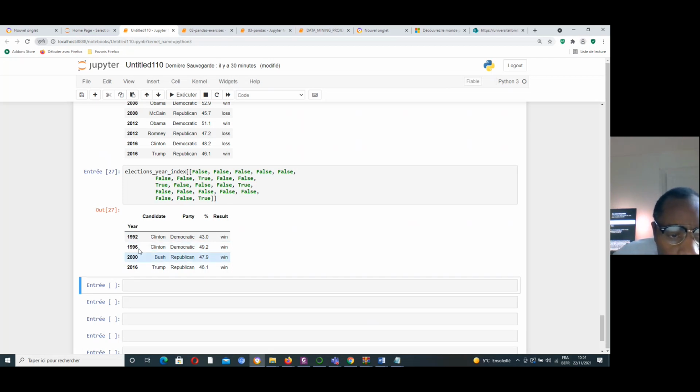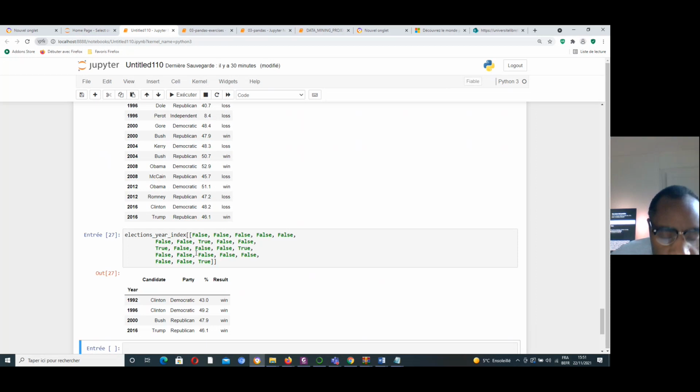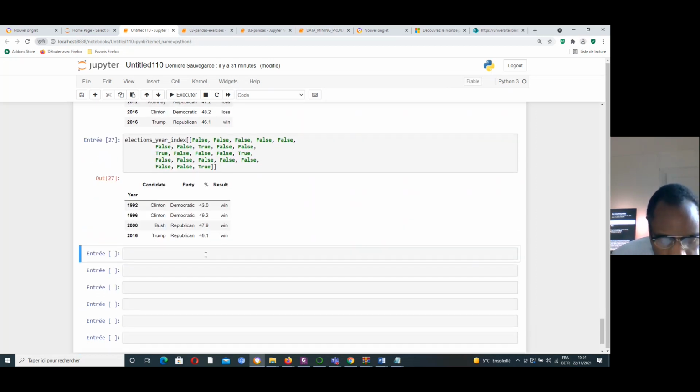Here we get 1, 2, 3, 4 lines, and the result of win here. But a very common task in data science is to filter. Boolean array selection is one way to achieve this.